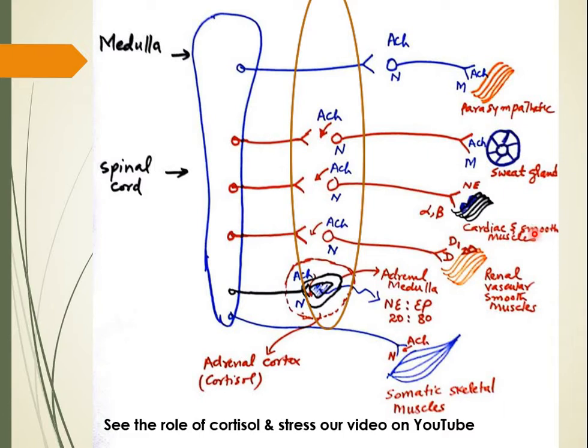this is cardiac and smooth muscles. In case of kidney and renal vascular smooth muscles, you see the receptor here is dopaminergic and the neurotransmitter is dopamine. This is the beauty of God again. Had it here been norepinephrine, and you know norepinephrine has alpha effects and beta effects,